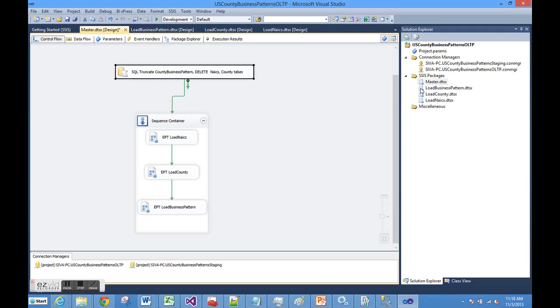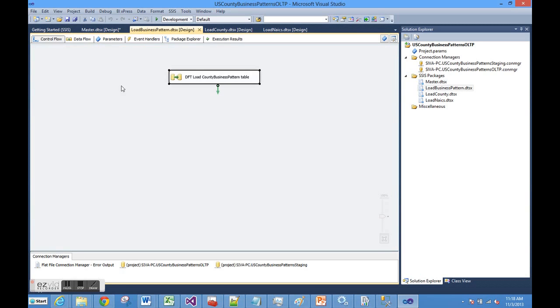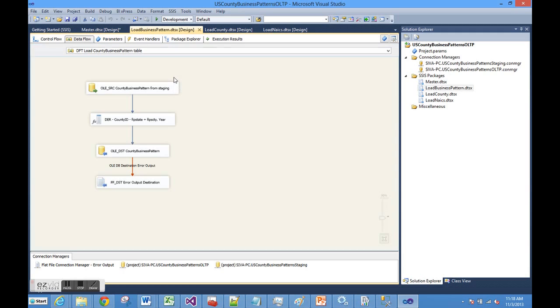And let's look at the load county business pattern DTSX package. Before we go there, I created two connection managers at the project level, one for the staging DB and one for the OLTP DB. Basically it's like a source and destination connections. Now let's go to the load business pattern DTSX, and the control flow is just a data flow